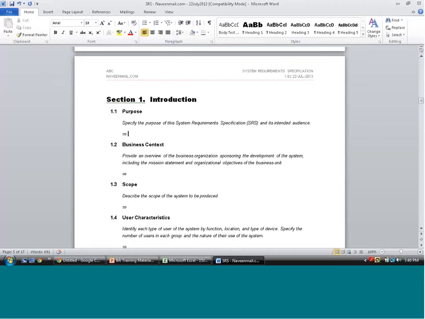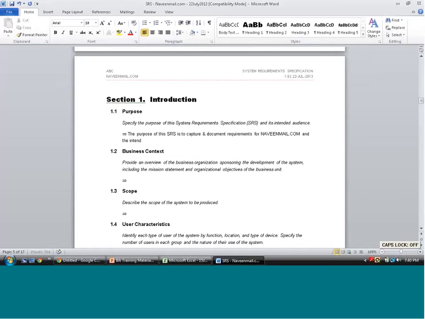All right, let's go ahead and fill in this information. So what is the purpose? Specify the purpose of this SRS and its intended audience. The purpose of this SRS is to capture and document requirements for naveenmail.com, and the intended audience are